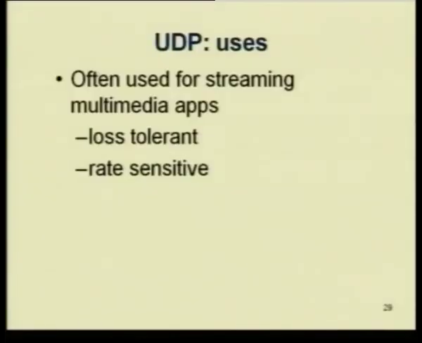You will find that for streaming multimedia applications, UDP is ideal. The reason being, multimedia applications are loss tolerant and they are rate sensitive. Loss tolerant means that they can tolerate losses. If something is lost, it is okay, it can still manage. But they are rate sensitive, that is, they require data to be received within a given time, and the rate at which the data has to be sent is very important when you are